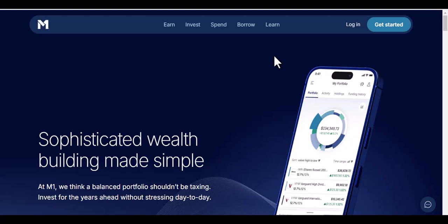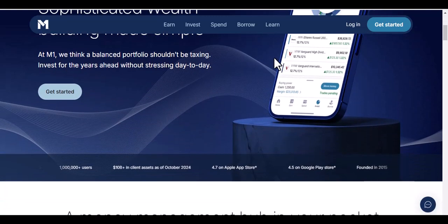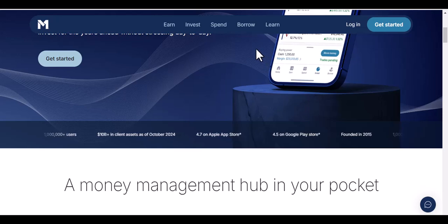Sound familiar? Or maybe you're just curious, planning ahead, and want to avoid that heart-stopping moment. Either way, you're in the right place. Because let's face it, understanding the nitty-gritty of your investment platform is crucial, especially when it comes to moving your money. Now, before we dive into the specific numbers, let's take a step back and understand why transfer limits exist